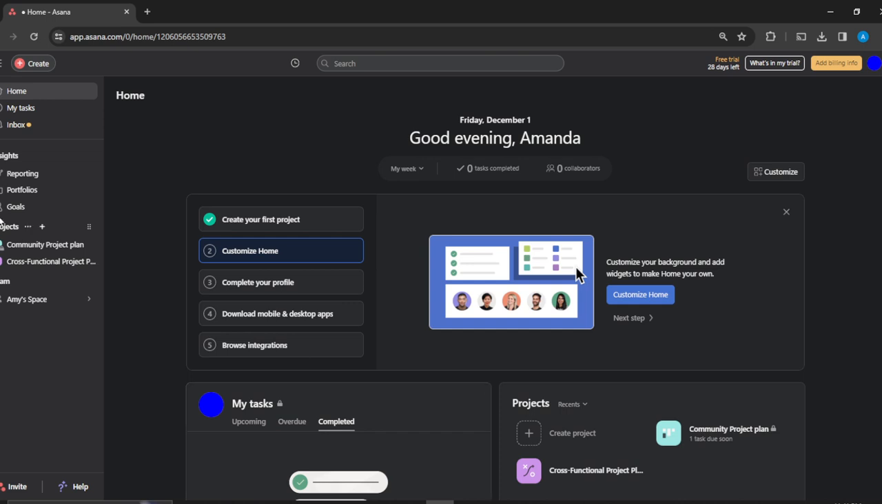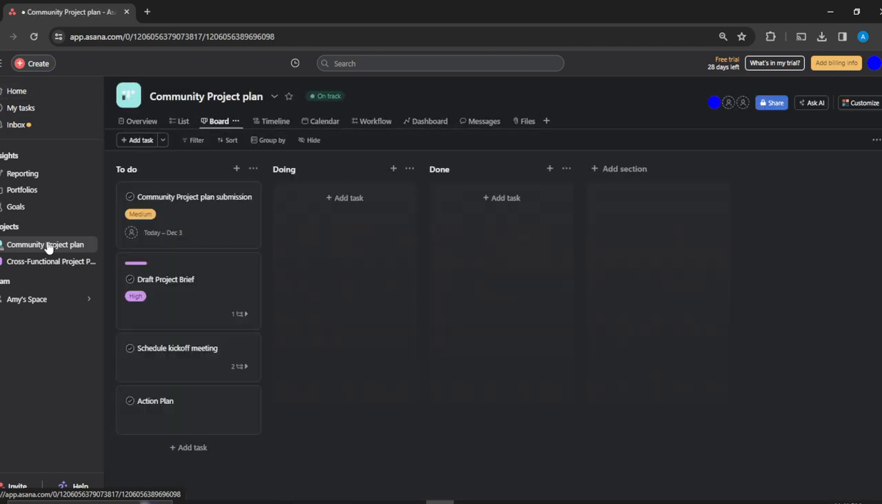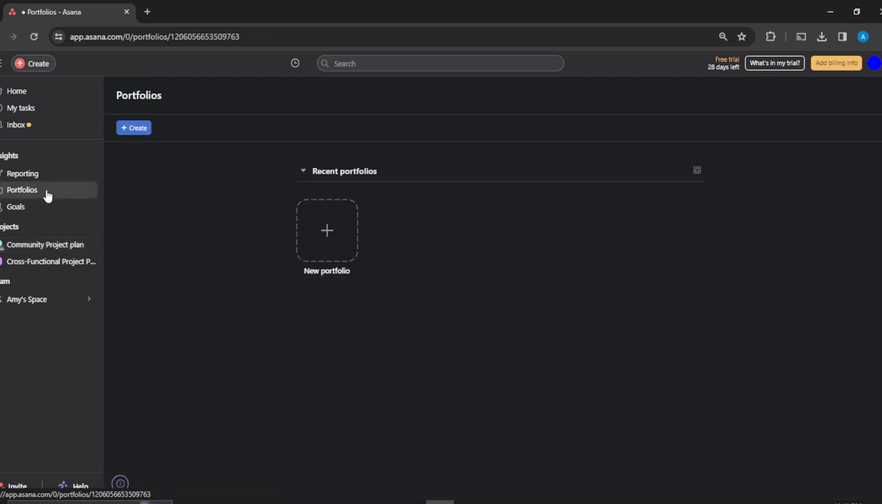Head over to the left corner of your screen. You're going to see home, my tasks, inbox, of course reporting, portfolios, goals, and of course your projects. All right. So when you head over to reporting, inside reporting, portfolios, go ahead and click on portfolios. So it's going to open up to this window,